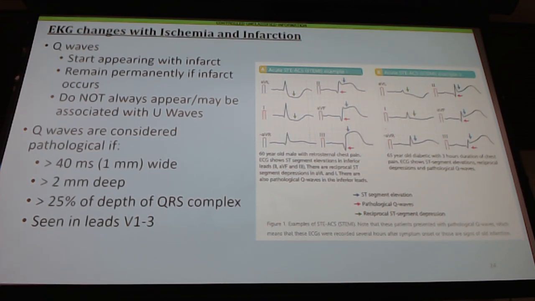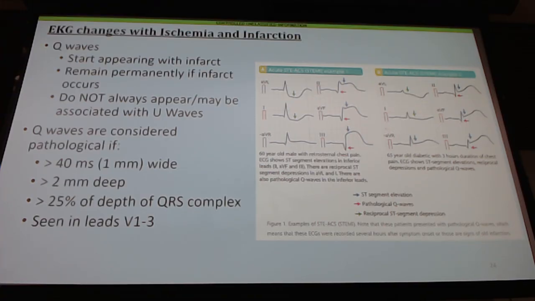but if they were to come to you, they've had pain for an hour, they come to the emergency room, and you do an EKG and you don't see Q waves, that shouldn't falsely reassure you that this patient is okay. It just means it hasn't been long enough to actually show these Q waves developing. So pathologic Q waves give you an idea historically if this patient has had a heart attack.